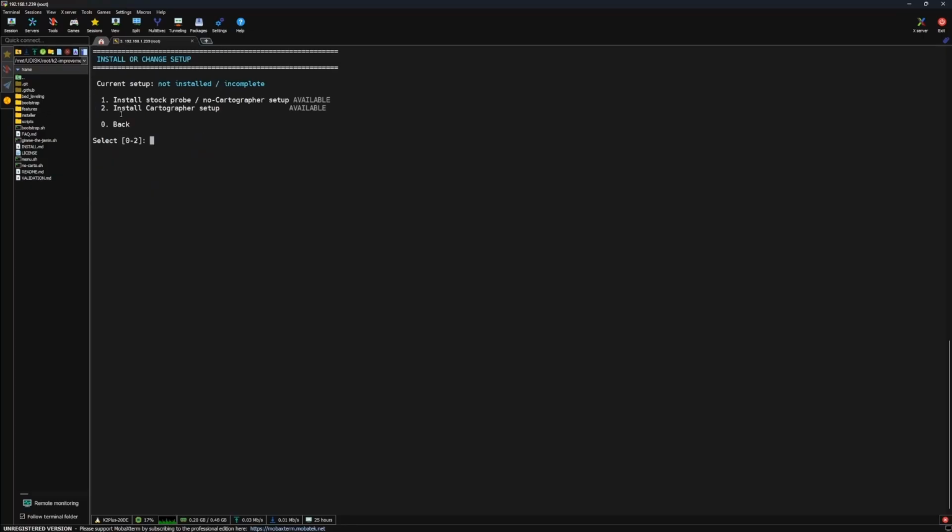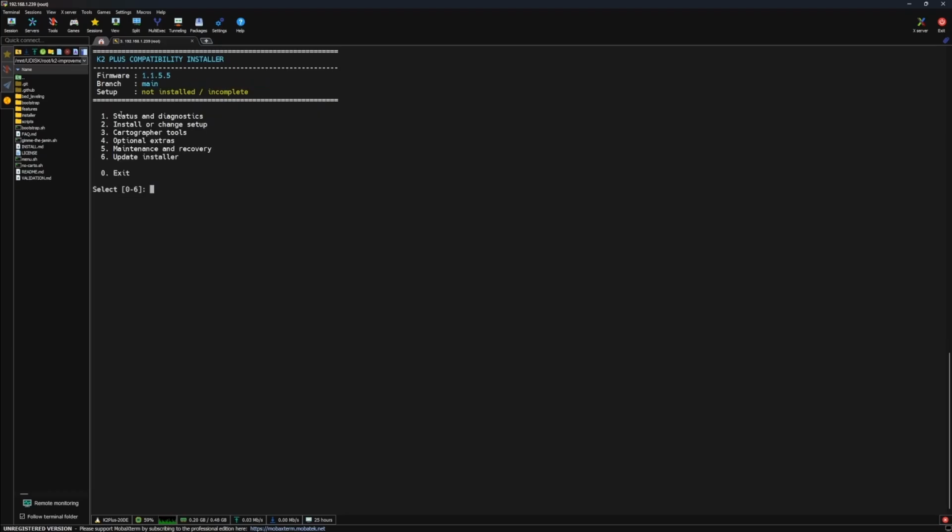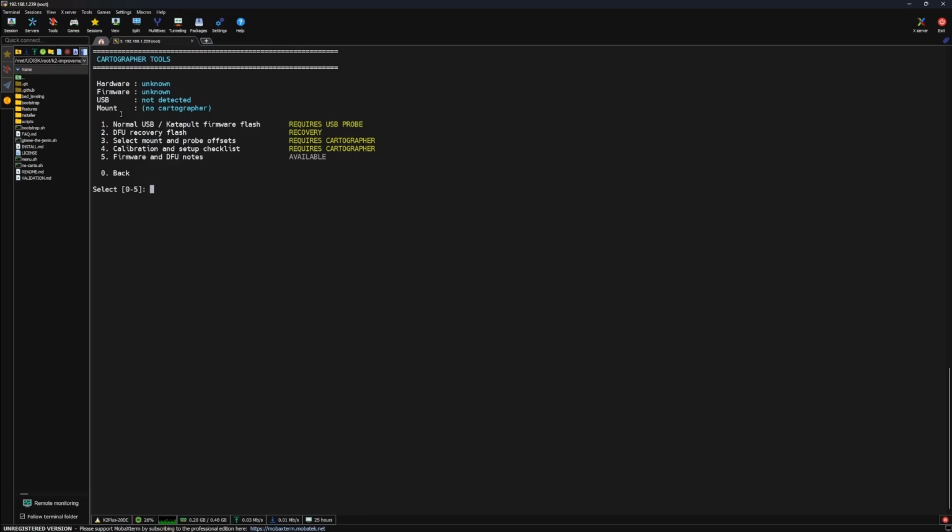Option 2 is our install paths. Option 1 is a stock probe No-Cartographer setup. Option 2 is to install the Cartographer. In a menu, 0 for back. 3 is Cartographer tools. Number 1 and number 2 are for flashing the Cartographer. Number 1 is for